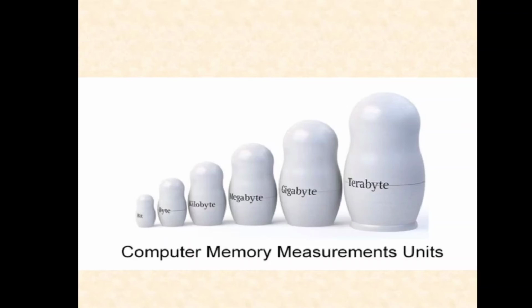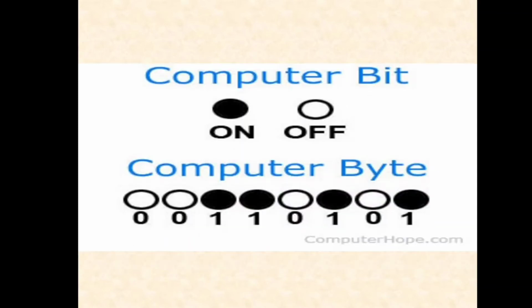We'll discuss it further. Before that, let me tell you, children, what is the meaning of bit. Why are we taking it as the smallest unit of computer memory? See children, the easiest example I can give you is to imagine a button, a switch of light. If we put it on, it will be considered as 1. And if we put it off, it will be considered as 0.